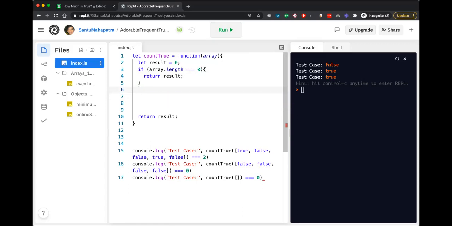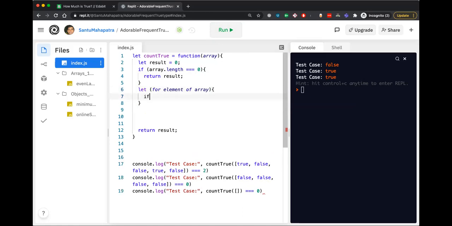So we can do a for of, like for element of array, if... I made a mistake in the syntax. This should be for and this should be let. So I'm creating a let. Okay.